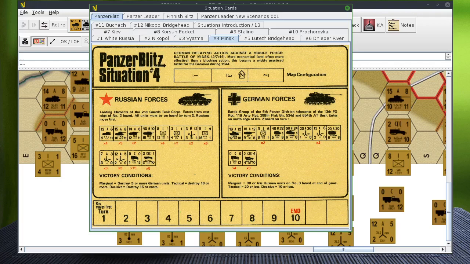Today we're going to do PanzerBlitz Situation 4. We're on the first turn, so let's take a look at the situation card. German delaying action against a mobile force. Battle of Minsk, 2-7-44. More economical and often more effective than a blocking action, this became a widely practiced tactic for the Germans